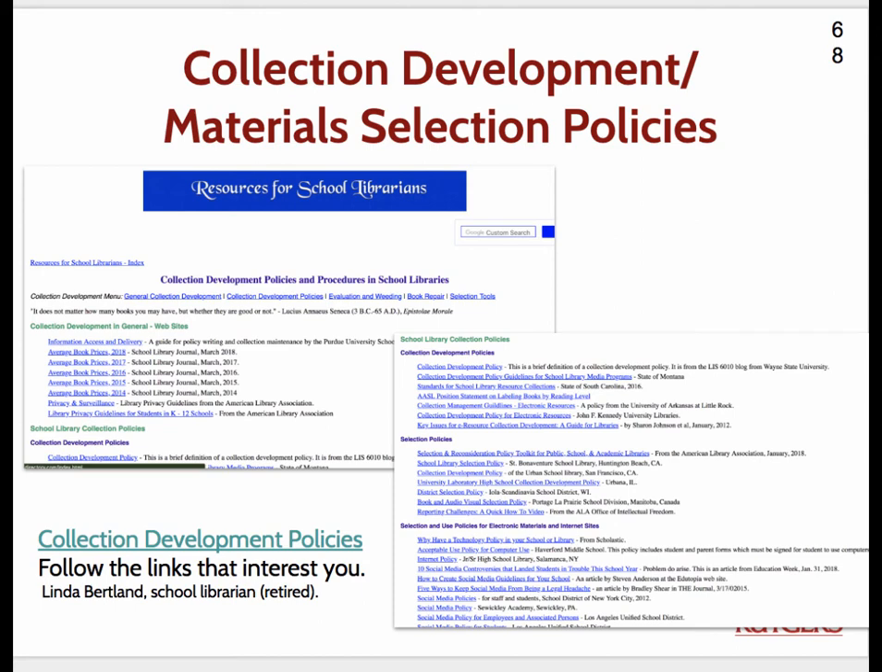This is a resource from Linda Bertland, who has a school library directory, who's wonderful. She's retired now, but she gathers all sorts of materials that are useful for librarians in practice. And this is a list of model material selection policies and also collection planning tools. And I'd love for you to take a good look at some of the things that